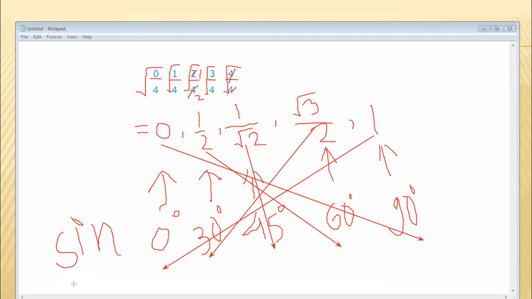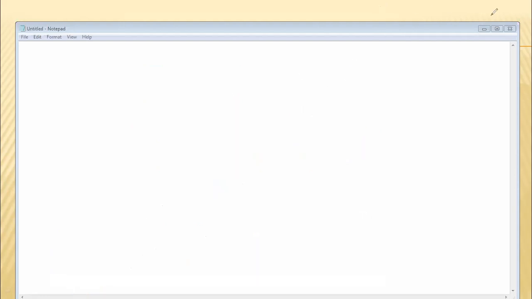यसरी ल्यायौं भने यिनीहरू भयो cos को value. These will be the value of cos 0 degree, cos 30 degree, cos 45 degree, cos 60 degree, and cos 90 degree. Cos 0 is 1, cos 30 root 3 by 2, cos 45 1 by root 2, cos 60 1 by 2, cos 90 0. And after that, if we divide the value of sine by cos, sine ले cos ले divide कर दिएपछि tan को value आउँछ.